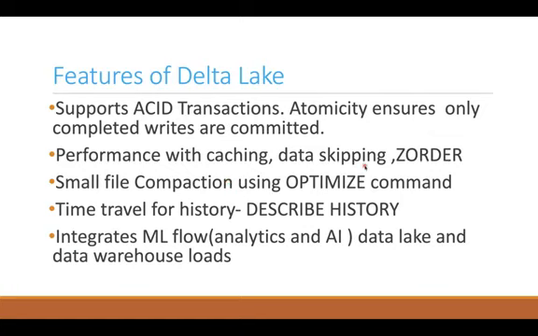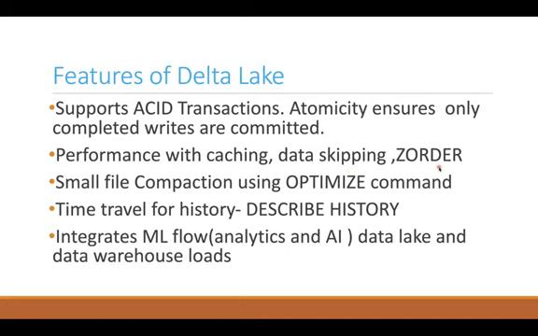What is data skipping? Data skipping is nothing but, by default, whenever we write the data to the Delta table in the delta format, it will automatically collect the statistics of the data that we are writing to the table. So when we are reading the data using the OPTIMIZE command with the ZORDER clause on that column, it will only read the data for that particular minimum and maximum value range. So that will be helpful to improve the performance.